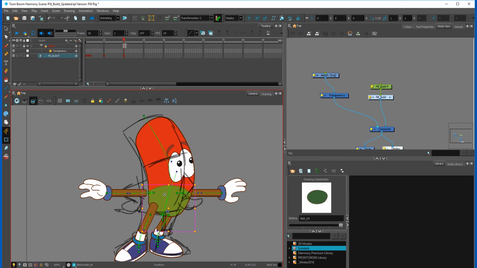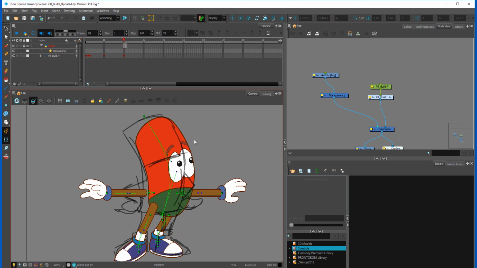So I'm actually going to go with this extreme one, but just going to skew it a little bit, like so. Okay, and then my arms. Now, for those of you who want to experiment playing with